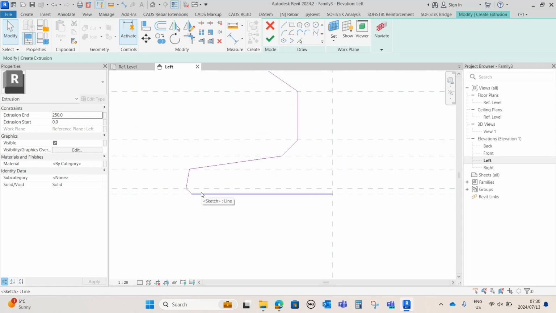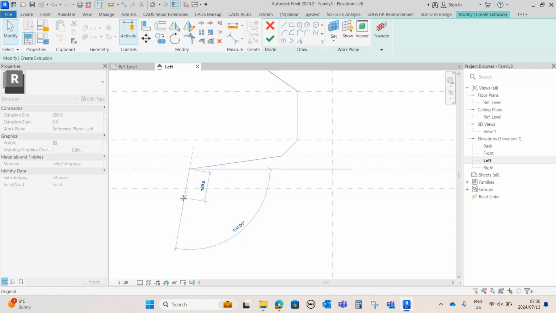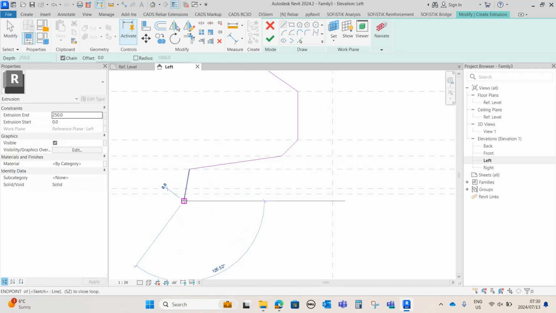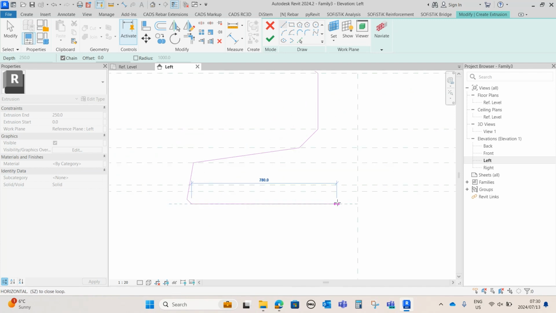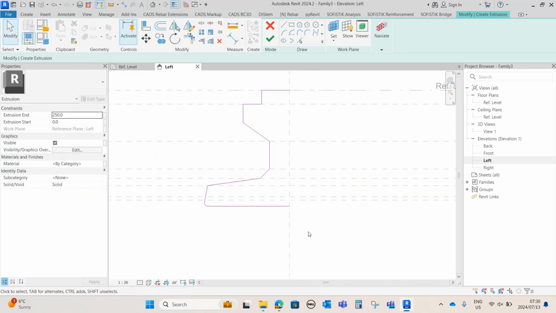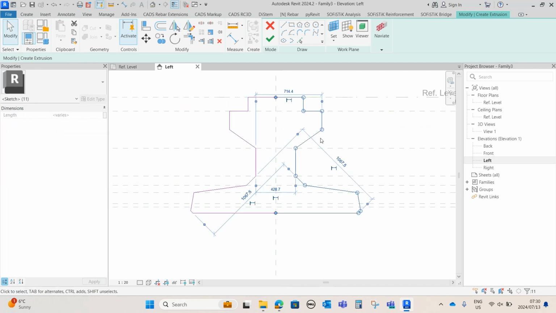So I think we can actually, let's just increase this. So I'm going to cancel this. I'm going to increase this and make it 200. And then I'm going to add a chamfer at 35 at 45 degrees. And then I'm going to place it like that. Perfect. Now I'm going to select these lines and say mirror, pick axis, pick this middle reference plane, and then